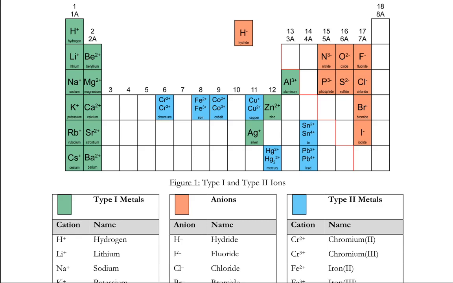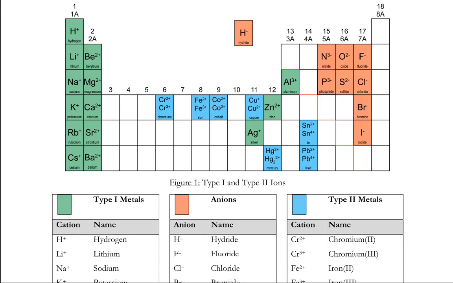If it's from group 5A as an ion, it becomes 3-. So N3-, P3-. So just by virtue of their position on the periodic table, when they're an ion, we can predict their charges. That holds true for group 1A, 2A, 3A, 5A, 6A, 7A,